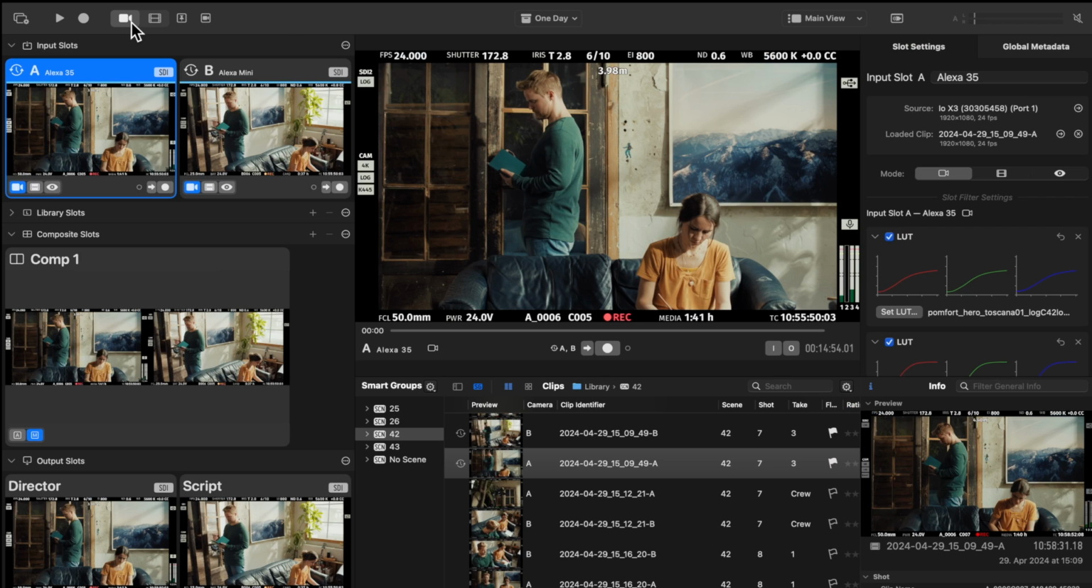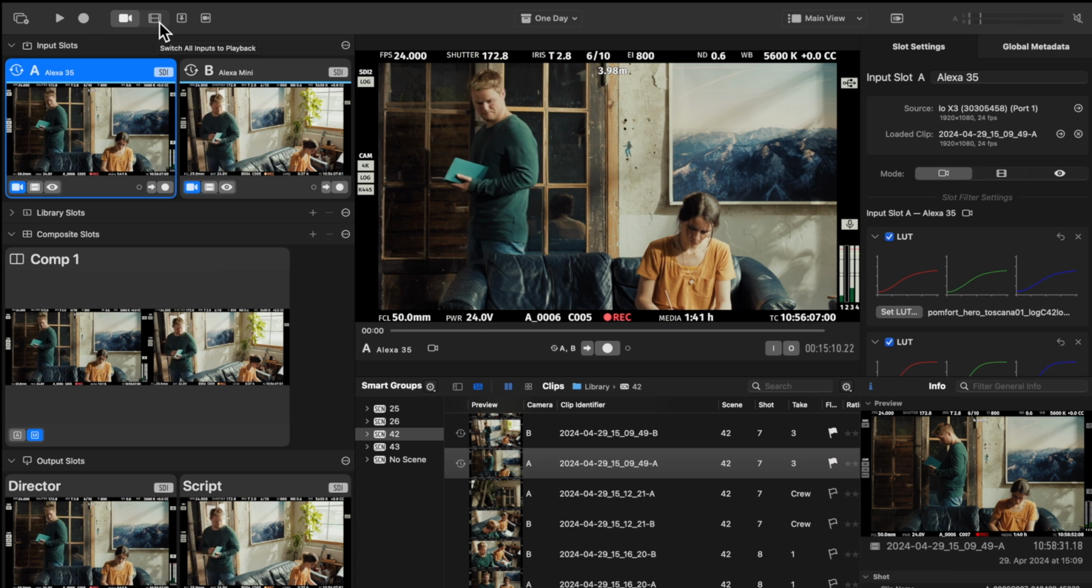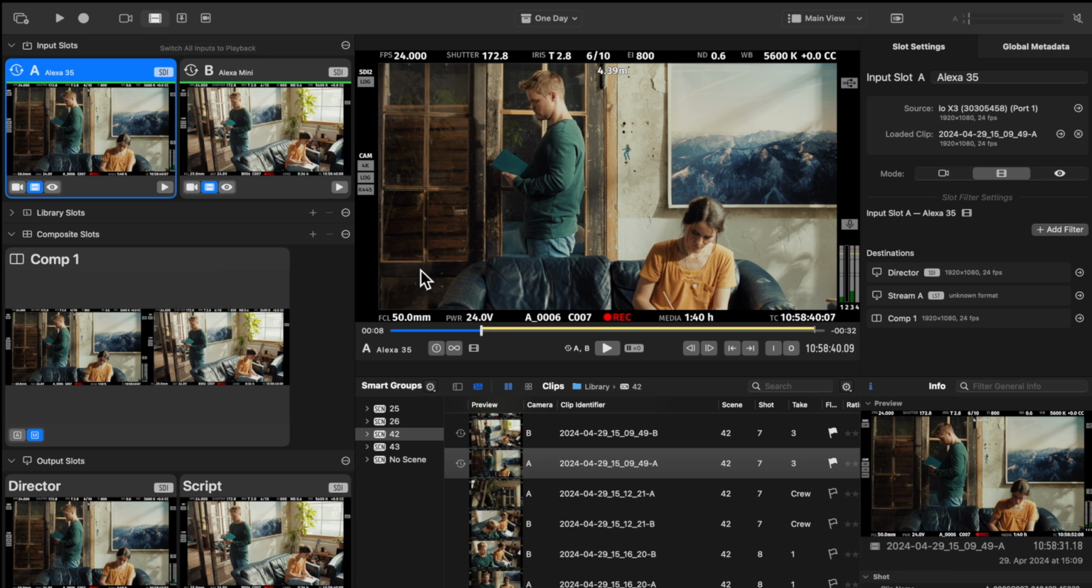The first mode is the live mode. We are currently in the live slot mode and see the live signals from our cameras. Consequently, we have recording controls here in this bar below the viewer. The second mode is the playback mode. When we switch to the playback slot mode, you can now see a group recording I recorded beforehand and the